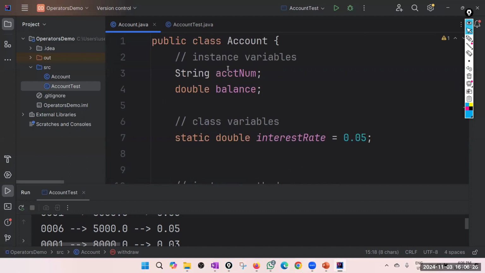So how do you write a constructor in Java? You create something like a method with the same name as your class, case sensitive. Then it is considered as the constructor. And make sure you don't return anything from your constructor, not even void. Void cannot be returned. Right, so let's create a constructor for the account class.